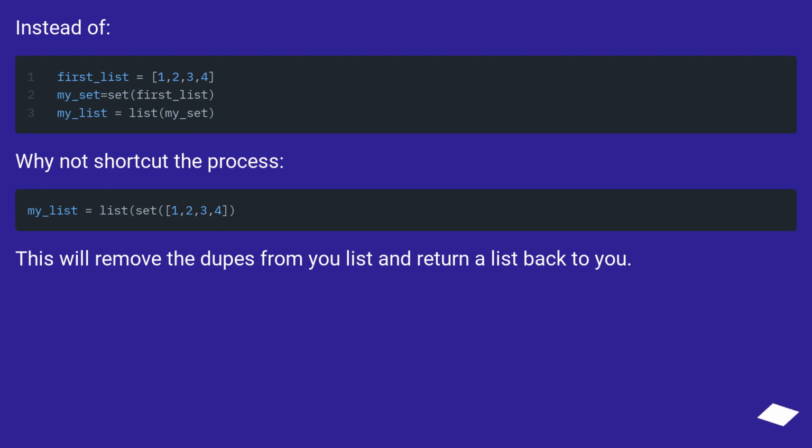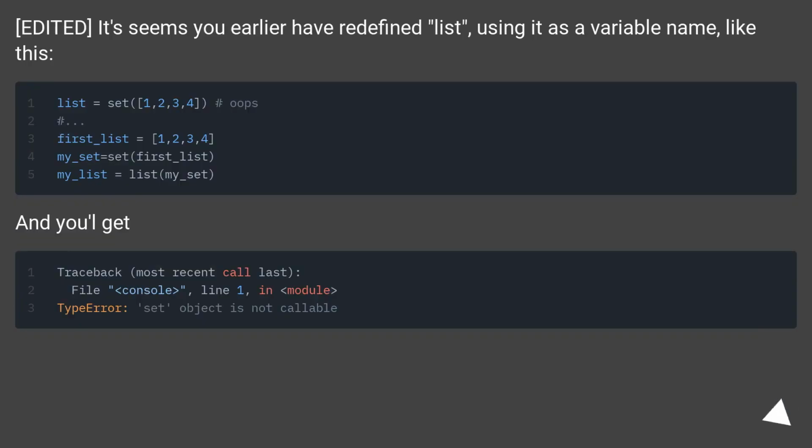Why not shortcut the process? This will remove the dupes from your list and return a list back to you. Edited, it seems you earlier have redefined list, using it as a variable name, like this. And you'll get